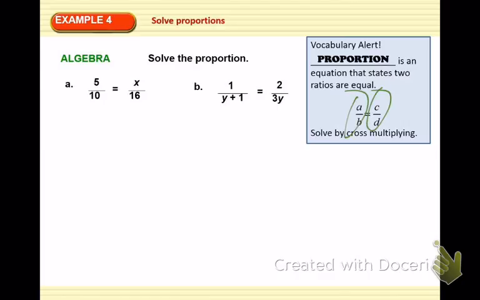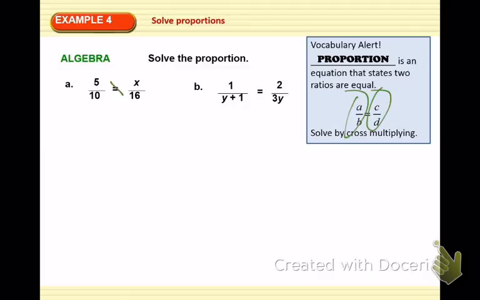Now, if we're missing something, if we're trying to find out what number fits in there to make those two ratios equal, we're just going to solve by cross multiplying. So what that means is when we multiply our two diagonals, those products are going to be equal to each other. So, for example,